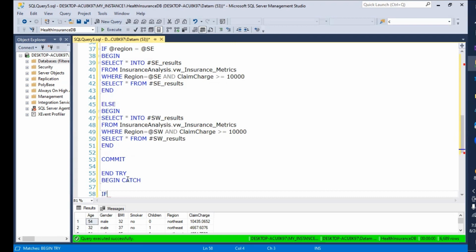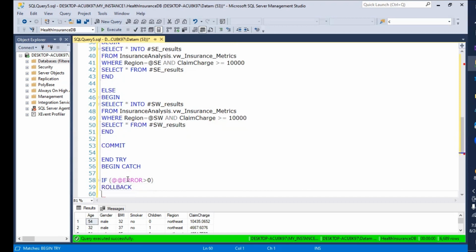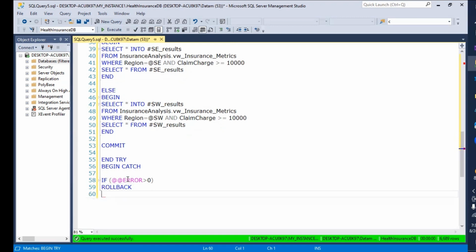We're going to do if @@error is greater than 0, rollback. Rollback essentially means, we're going to do a control R real quick. Rollback means that it won't input any of the data in there, and it won't bring any results back if there was an error. So we're going to do select